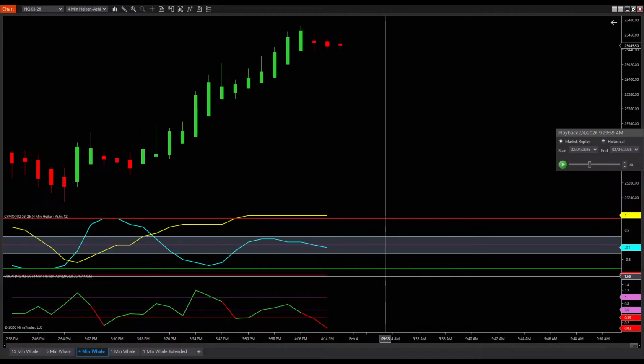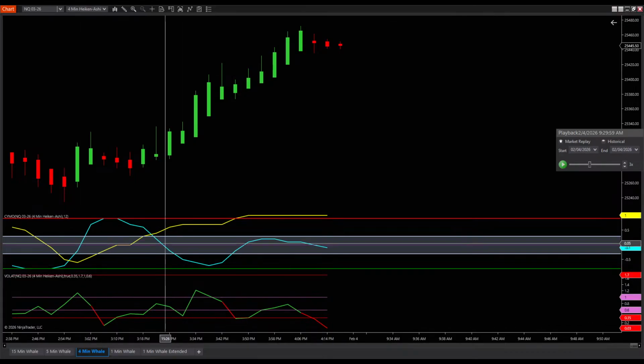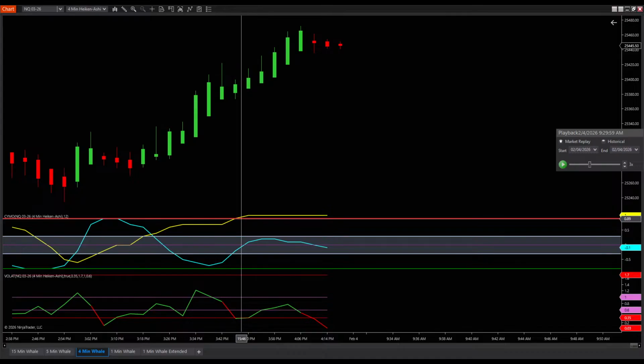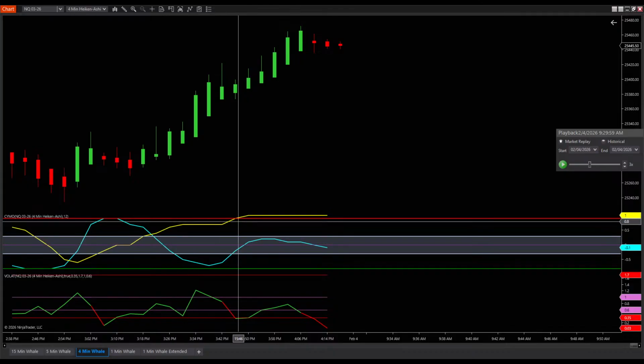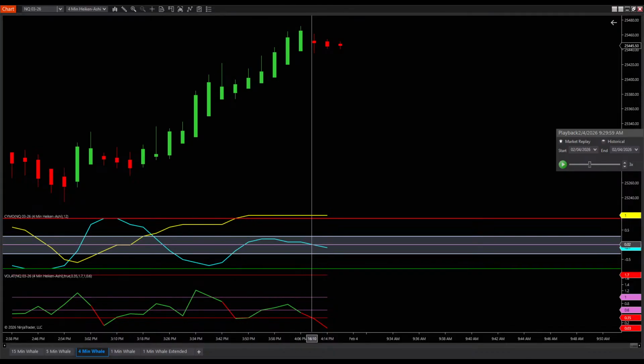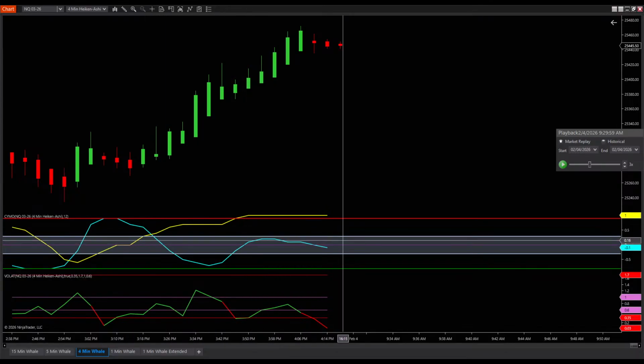Now here on your 4-minute, it's kind of giving you a different read on where price might actually go. You've got cycle 1 that began over here, and you've got another nice little pull that actually... Actually, you know what? I'm wrong. That's not cycle one. This is cycle one right there. Okay, so that's cycle one because this is where momentum went up. So this is the beginning of cycle one right here to the upside.